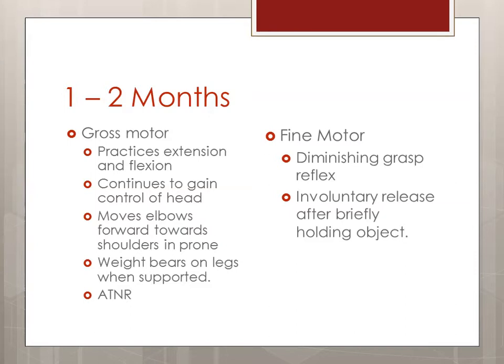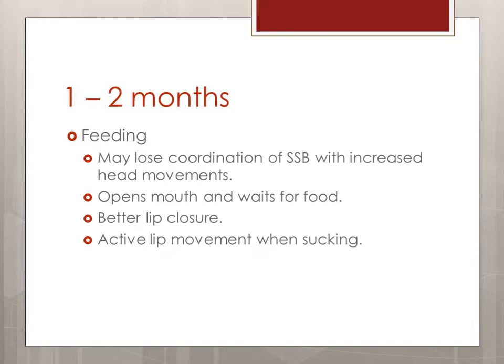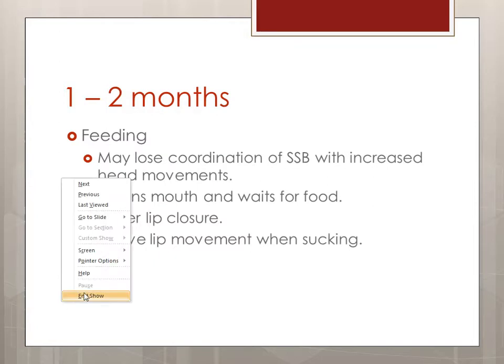For fine motor skills for 1 to 2 months, you're going to have a diminishing grasp reflex. So we'll see that when somebody puts their finger or a toy into the baby's hand, we're going to start to see that grasp reflex diminish. And they also are going to start to show involuntary release after briefly holding an object. So it isn't voluntary, but basically after they're holding onto something for a little bit, then they would involuntarily release that object. For feeding skills at 1 to 2 months,